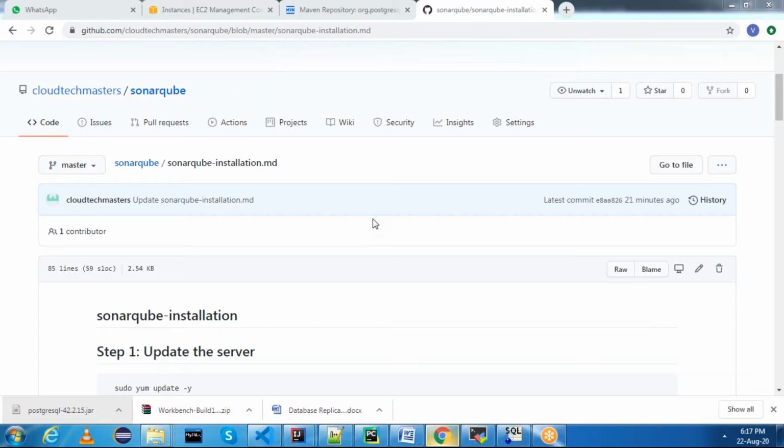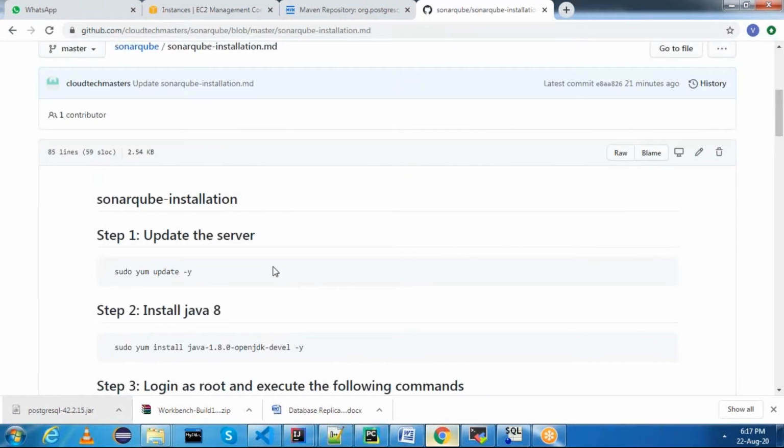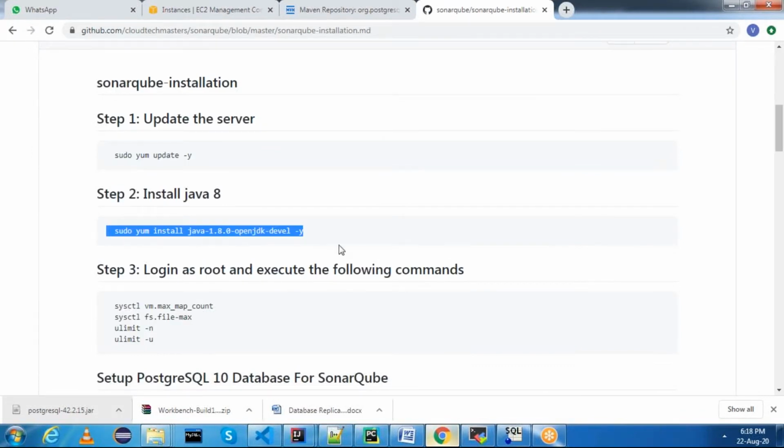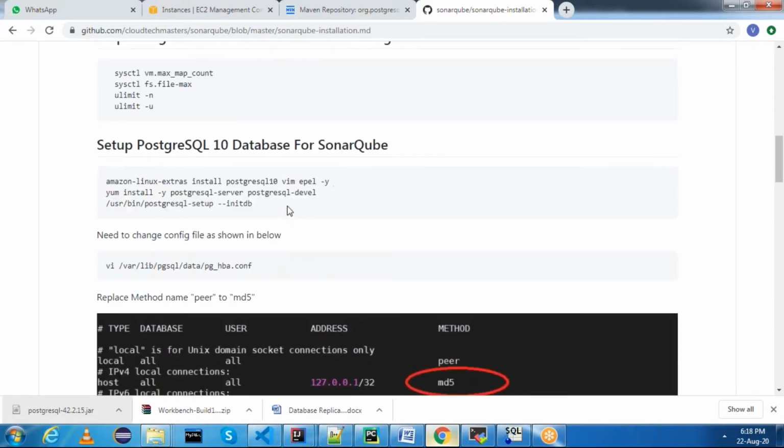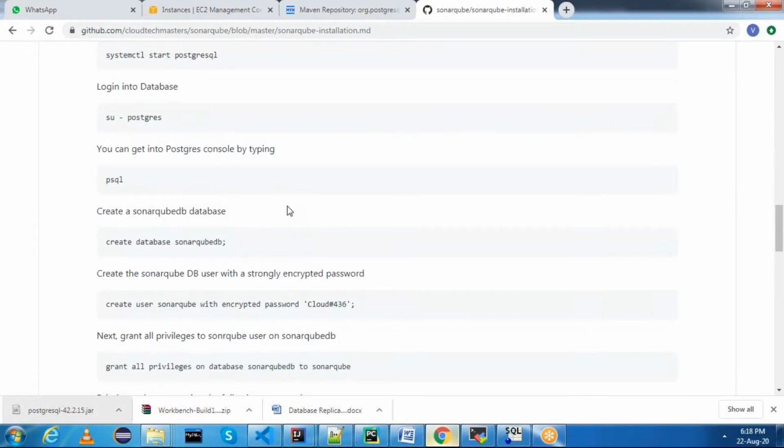Before I execute the steps, let me explain all the steps one by one. The prerequisite for SonarQube is that we need to have Java installed. If you have a higher server, there is no need to use these commands. Let's say if you are using t2.xlarge, there is no need for these commands because you have 4 CPUs and 16 GB memory. There won't be any issues. If you have something like t2.medium or t2.large, you can try using these commands. Next, the PostgreSQL database setup I have done in my previous session.